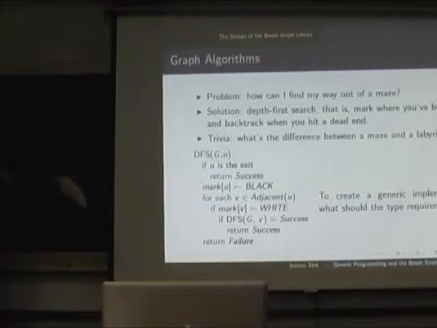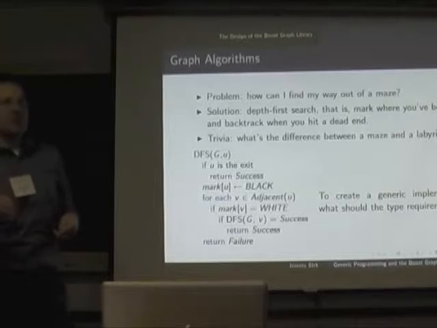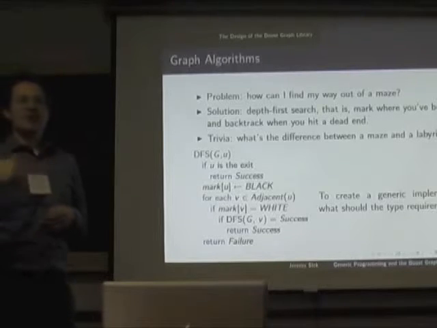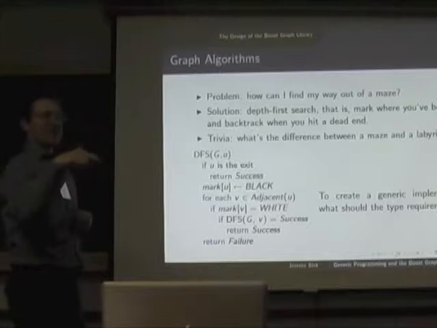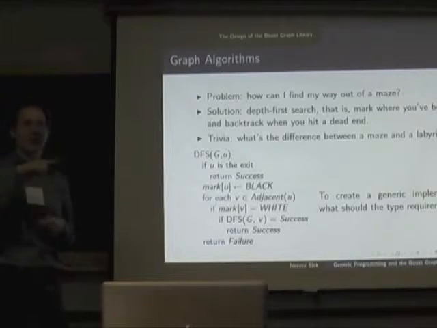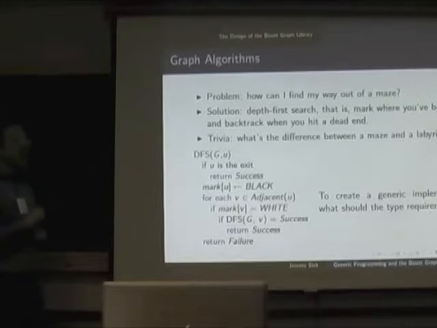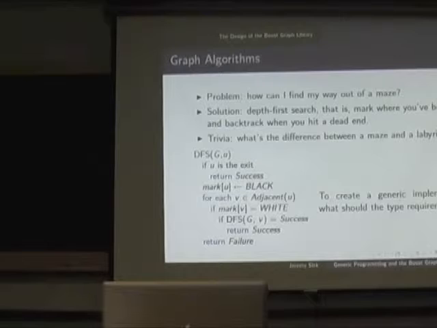By the way, who knows the difference between a maze and a labyrinth? There's a way out. Islands. There's a way out. That's almost right. A labyrinth, there's only one path. So it's always really easy to find your way to the middle of the labyrinth because there's really only one path. Whereas a maze is actually tricky. There's dead ends. It may take you a long time to find the right path to the end.